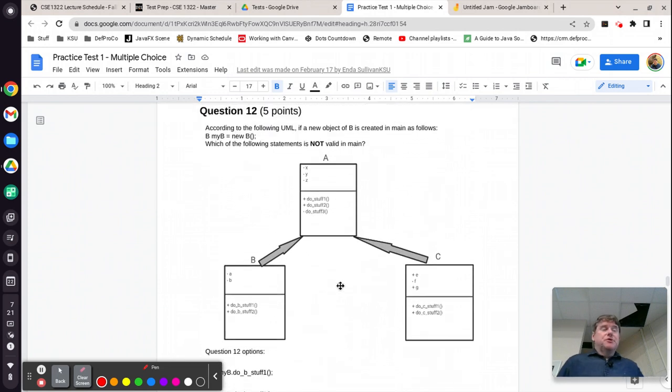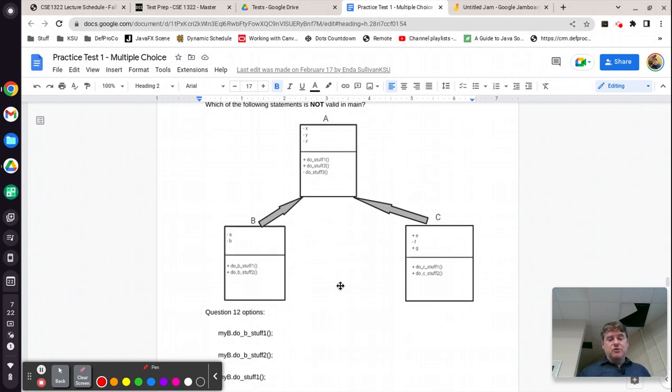Question 12. This time we're doing it with a UML diagram. According to the following UML, if a new object of B is created in main, myB equals new B, which of the following statements is not valid in main? Okay, so assuming that you have made a myB and it is holding a B, which of the following can you not do? So I'm just going to scroll down a little bit. Actually, I'm going to get rid of that little toolbar if I can. All right, so